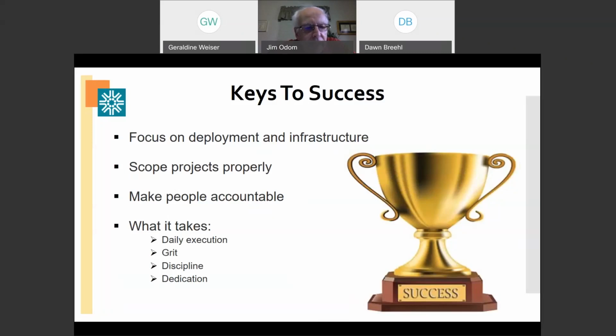To be successful, keep your project scoped properly. What I mean by that is scope them as small as possible. In many cases you can't solve world hunger. So what you need to do is scope a project so that it's proper, that it can be solved, and that's what we concentrate on at the yellow belt and green belt level.